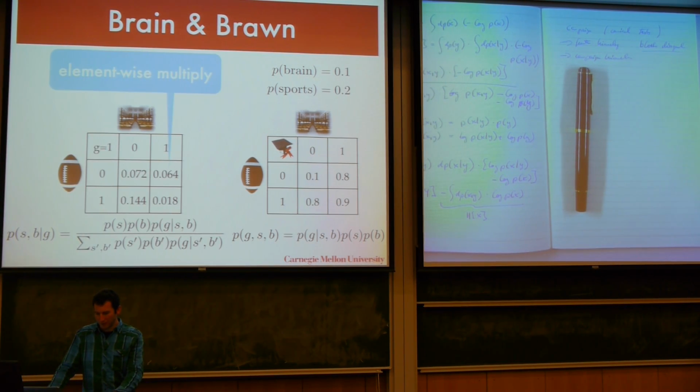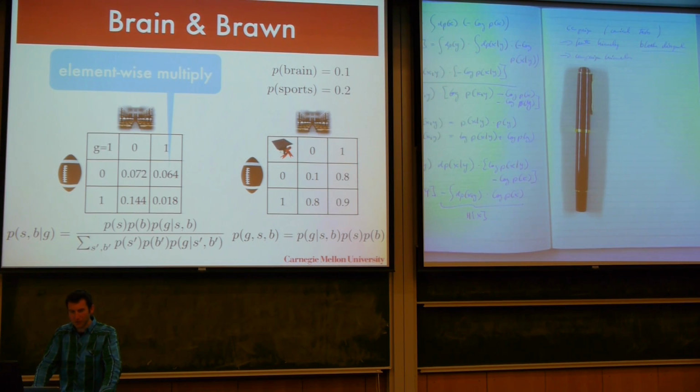So I element-wise multiply, and I get this matrix here. These are just the chances that among the population I find somebody who has those attributes. It's a 1.8% chance that I find somebody who graduated from college and is strong and smart. And there's a 7.2% chance that I find somebody who graduated from college who is neither of that, right? So that's all fine. Now if I want to condition on graduating, so if I want to condition on G,